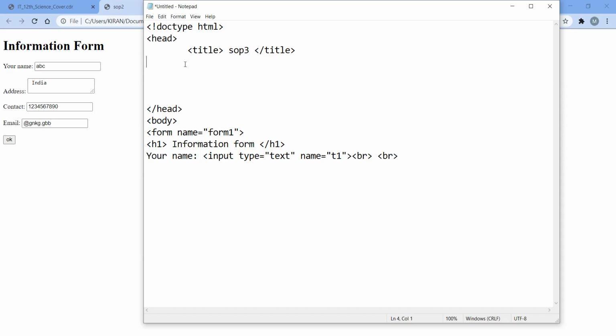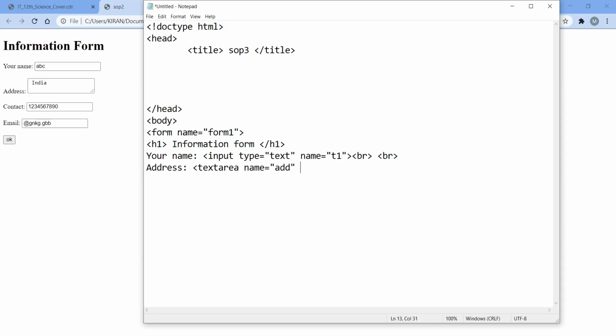After that, address. Now address is a multiple-line text box. So for that we are going to use a textarea tag. Address, then textarea. Now in the textarea, let's first use a name property. Let's give the name add.